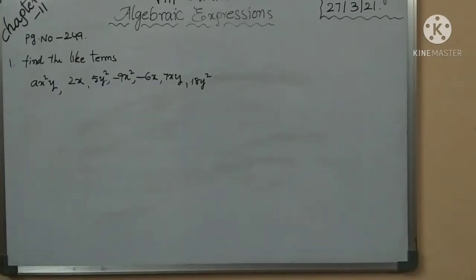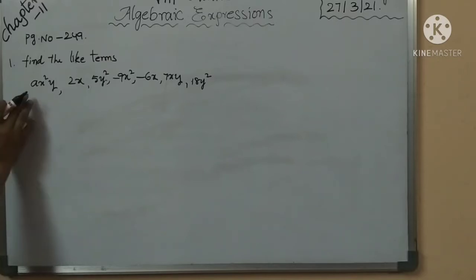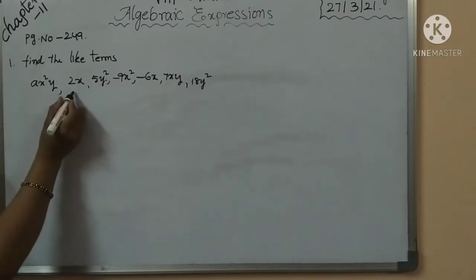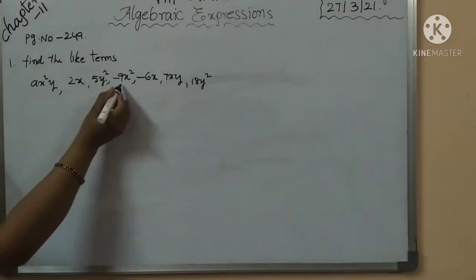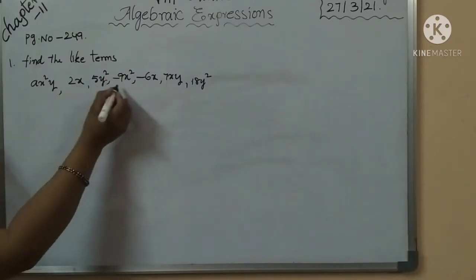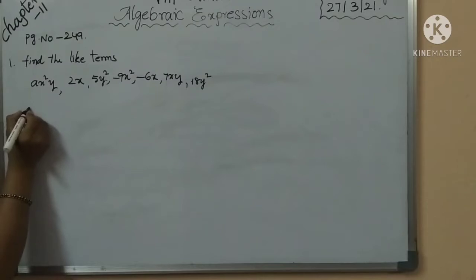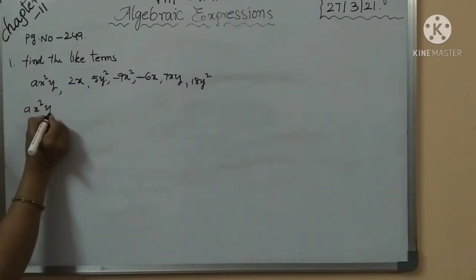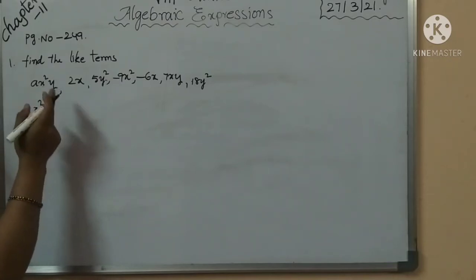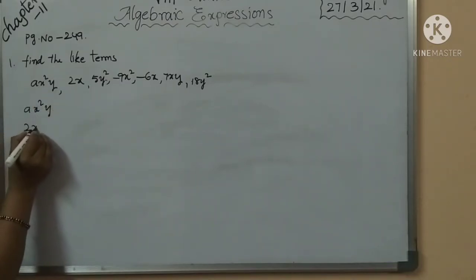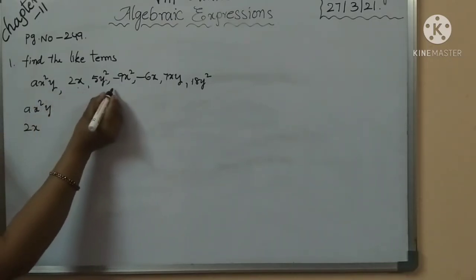Okay, next, page number 249, do this. Find the like terms. Observe, children, here 9x square y, 2x, 5y square and minus 9x square. These are all monomial terms, single terms. Here we will write the same terms together. First of all, ax square y: is any such term there? No. 2x: is an x term there? 2x and